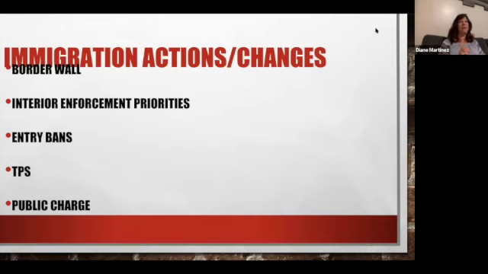But what happened instead is it stopped many people from using benefits, even Medicaid or Medi-Cal, for their U.S. citizen children. And so this has now been halted, and public charge has gone back to just looking at people as they're entering the United States to determine whether or not somebody makes enough income to sponsor them and allow them into the United States, based on the requirements set by U.S. Citizenship and Immigration Services.